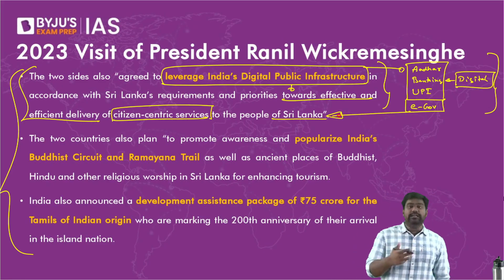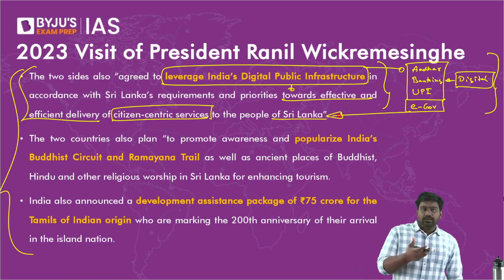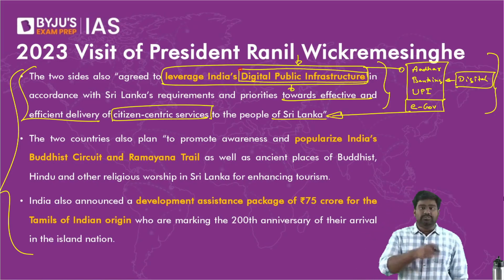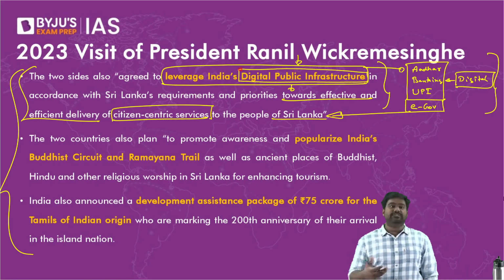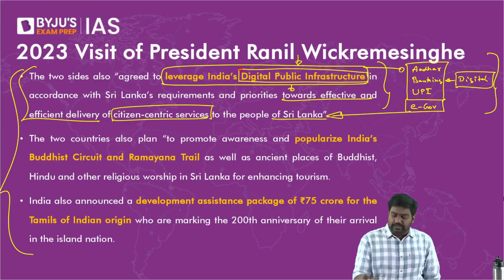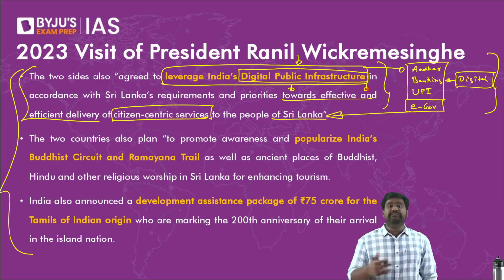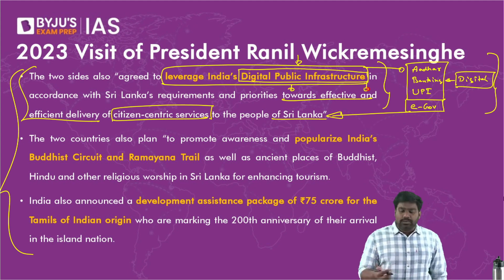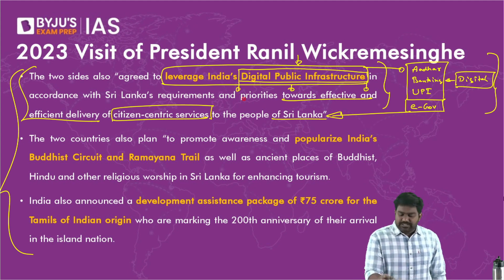Today, India is a global leader, right? We have created a very versatile platform that forms our digital public infrastructure. It includes the Aadhaar, the UPI payment system, right? The DigiLocker. Like this, there are many databases, many digital platforms which have been created, which is improving government service delivery, improving e-governance and good governance, right? So India has become a global leader, and we are willing to share this infrastructure with Sri Lanka.